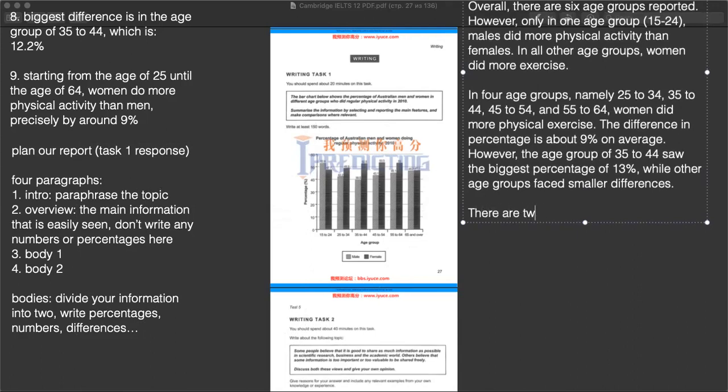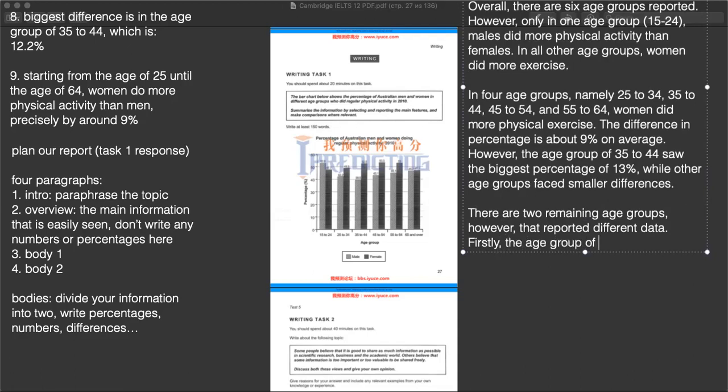There are 2 remaining age groups, however, that report different data. Firstly, the age group of 15 to 24 was the only group in which males did more exercise,